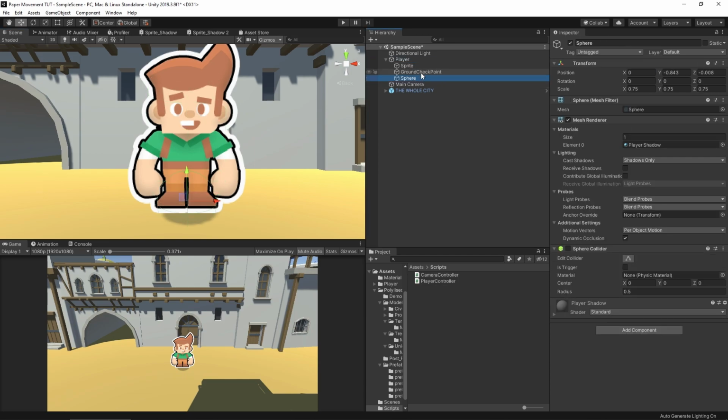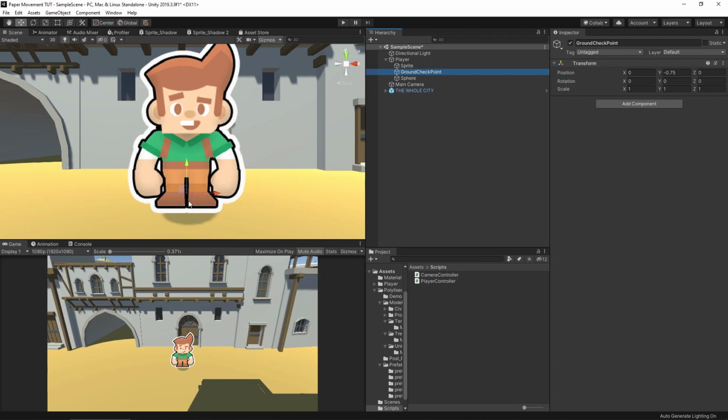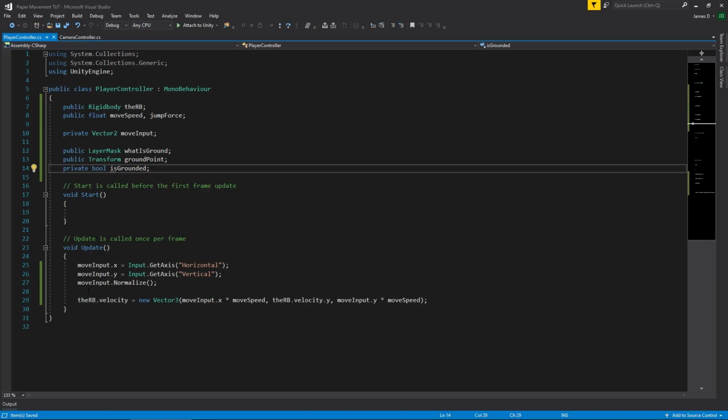So it's 0.25 basically above the ground. So we're going to make a check, say, about 0.3 in length, and make it shoot down to the ground and detect if we are on the ground. Okay, so let's go back in here then,